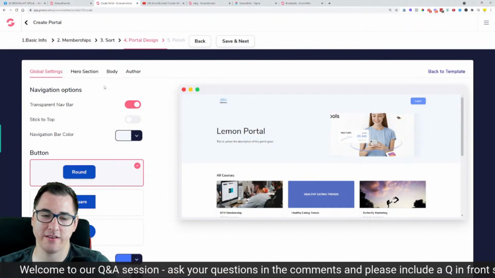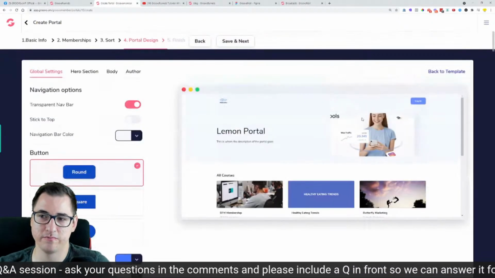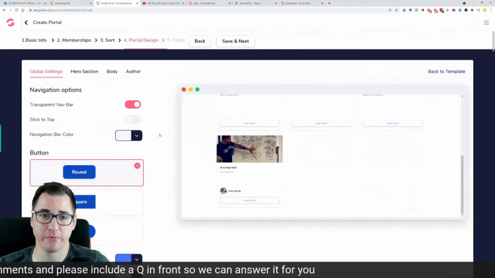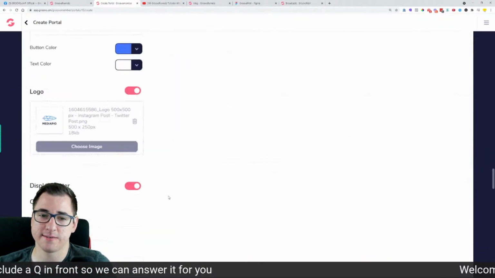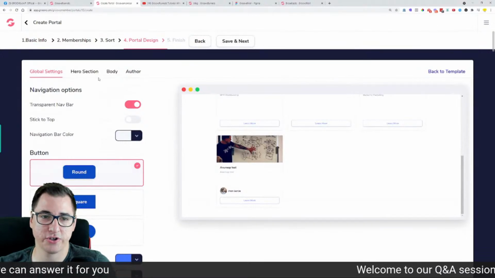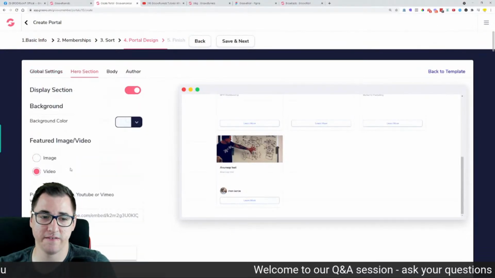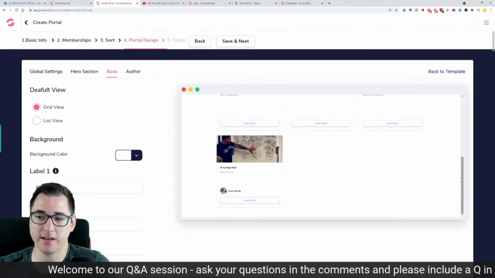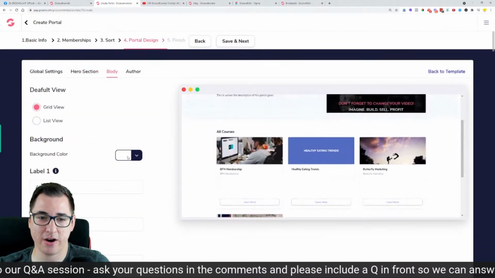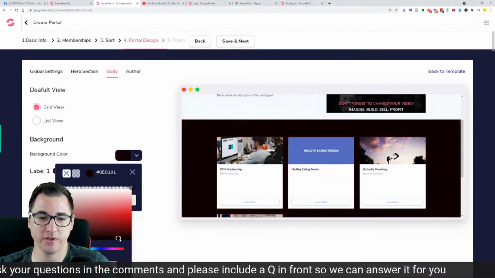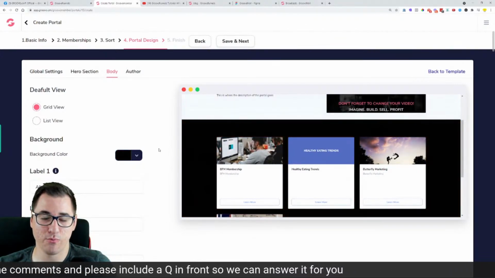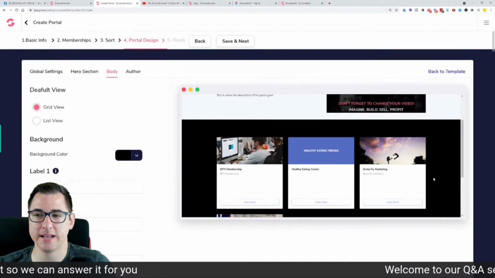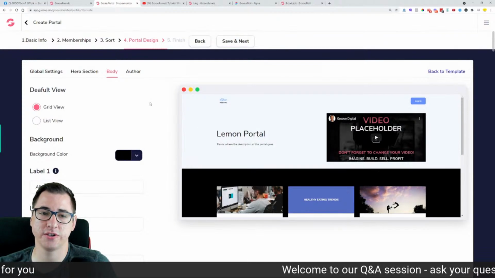Basically, you can just create your full beautiful portal that you can promote your products and memberships on, with full customizations of colors, of navigation, of hero section. You can also put in a video right now. You could do other things like rewrite the headings on here, change the background color. Let's just say I want it to be black. If this is your brand, it can work together. So you can do list view, grid view, whichever you prefer. That was one of the recent big changes.